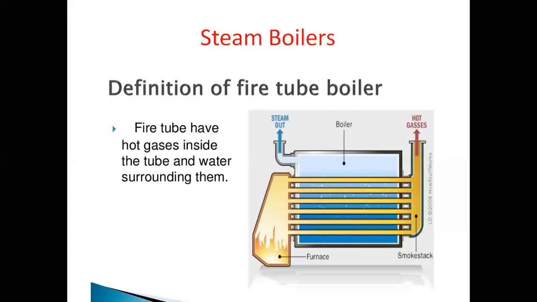So for selecting a boiler, we choose based on our operating pressure, the maximum pressure capacity required. The other factor is steam generation capacity, and based on that we select the boiler. For example, for the Cochran boiler, the steam generation capacity is about 3,000 kg per hour. For the Babcock and Wilcox boiler, it is 20,000 kg per hour. For the Lamont boiler, it is 50,000 kg per hour. And for the Benson boiler, it is 135,000 kg per hour.